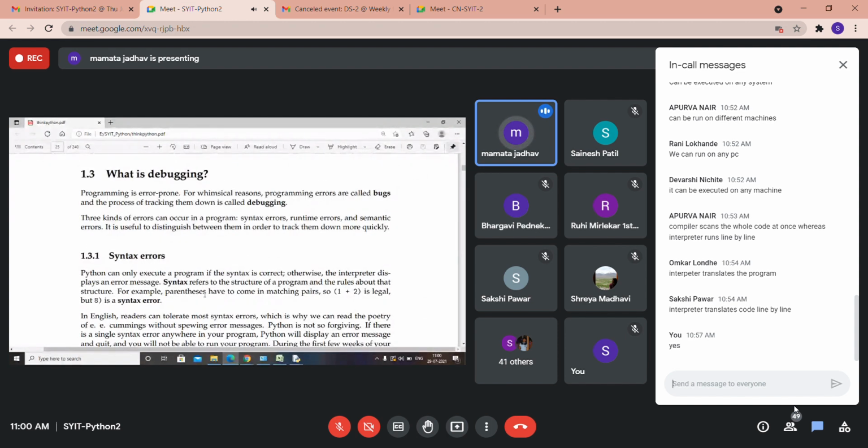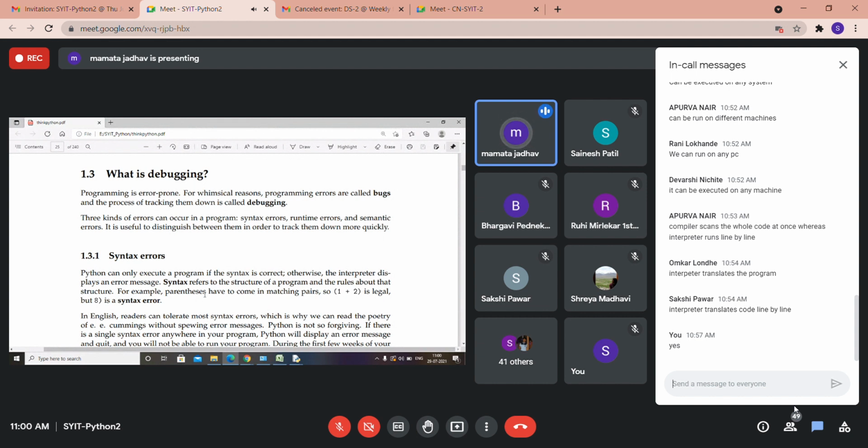The next topic is what is debugging. Programming is error prone. That means if you are writing programs, then obviously you will tend to make some mistakes. For whimsical reasons, programming errors are called bugs, and the process of tracking down and resolving these bugs is called debugging.